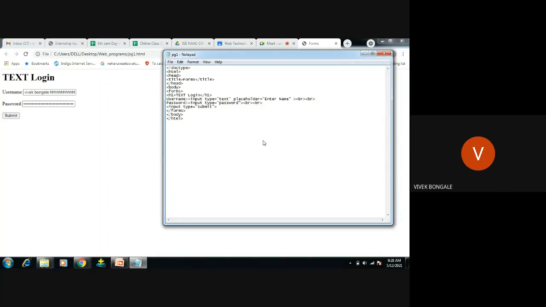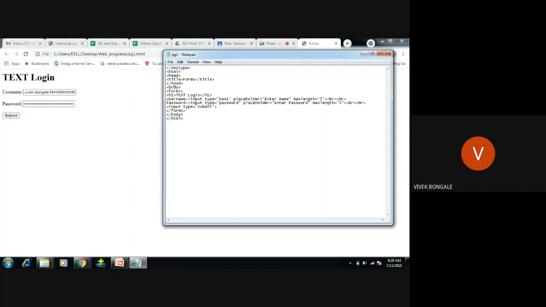And I want to restrict to only 5 letters. Only 5 letters the user can give. How to do that? For that we have maxlength, maxlength equals 5. Only 5 characters a user can give, right? So let's check this. The same thing I will add in the next, the password. Control V, but I will just change "enter name" here to "enter password".